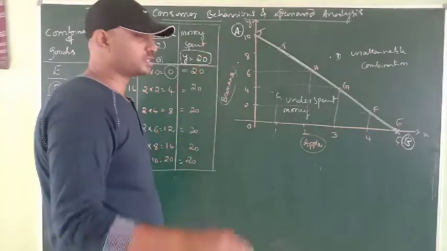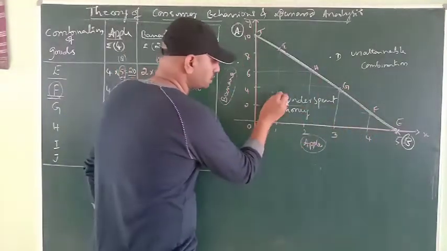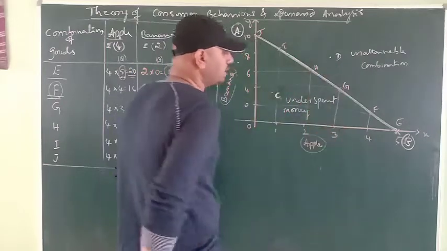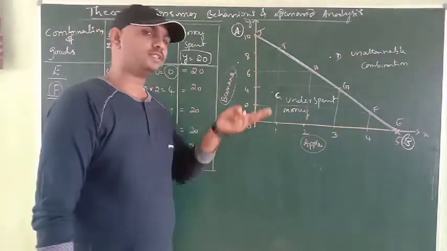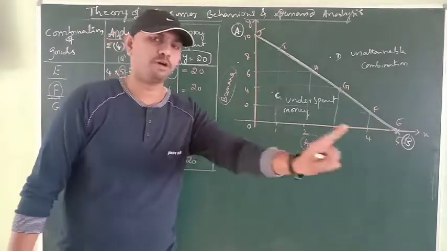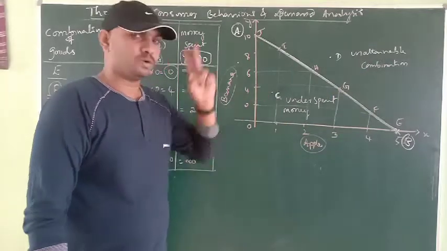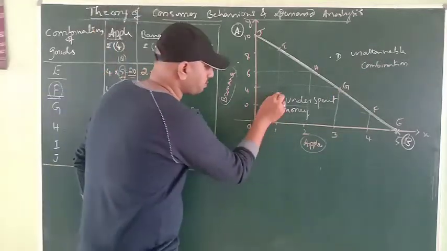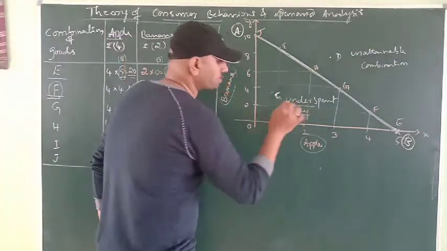And we have 2 points over here. After A and B, we have 2 more points, that is called C and D. C stands here for underspent money. When he has a 20 rupee income, he doesn't want to be satisfied by spending only 1 rupee or 2 rupees. So within that 20, he will plan to get more satisfaction. Then this is the C point which lies below the budget line. Then this is called underspent money.